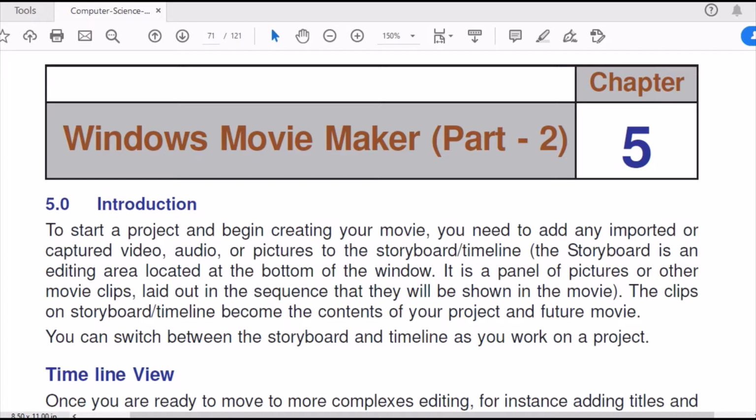In storyboard, you have limited options to edit your video or your audio file. But in timeline view, you have much more complex editing options.